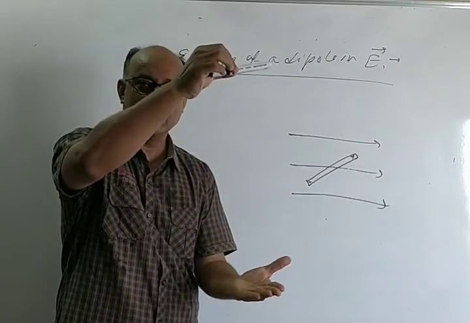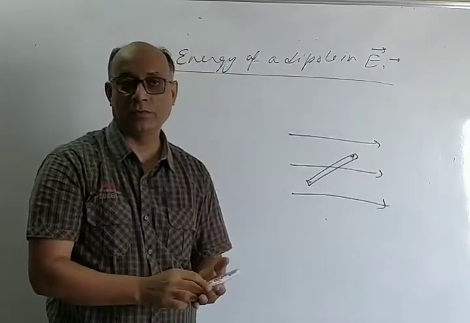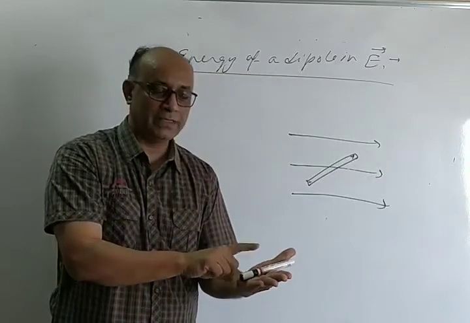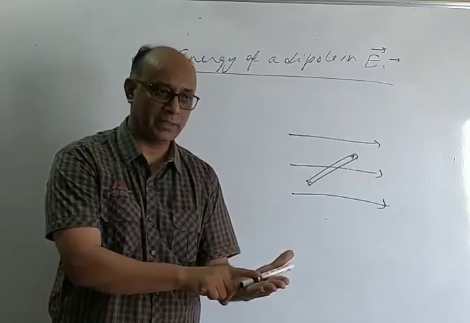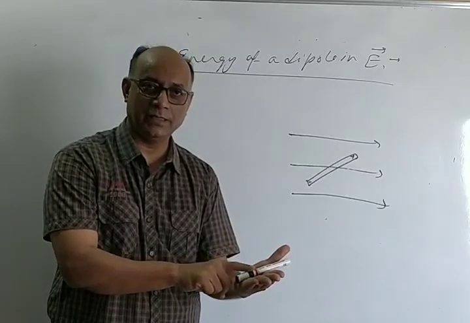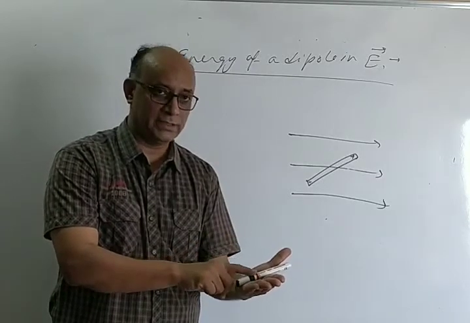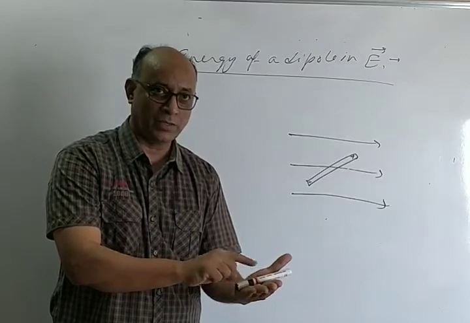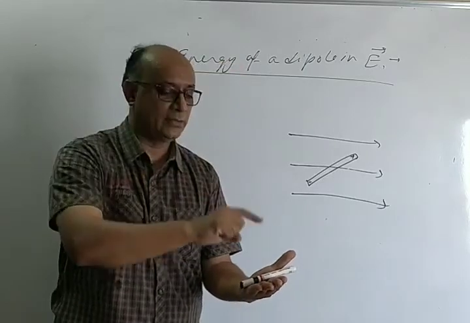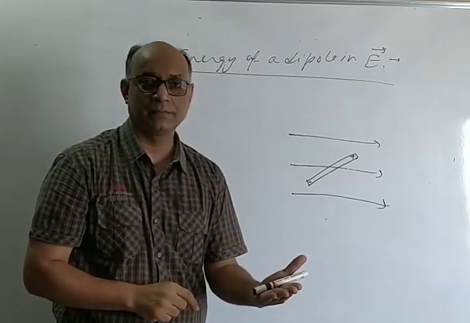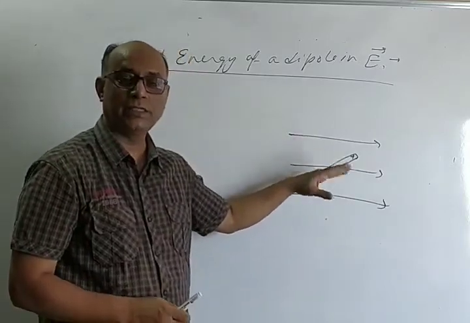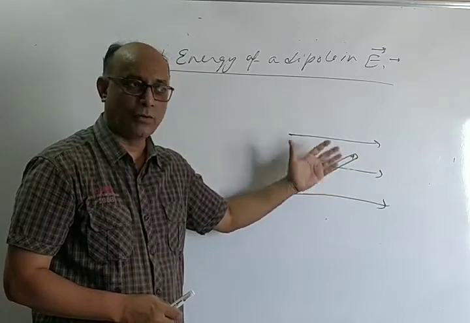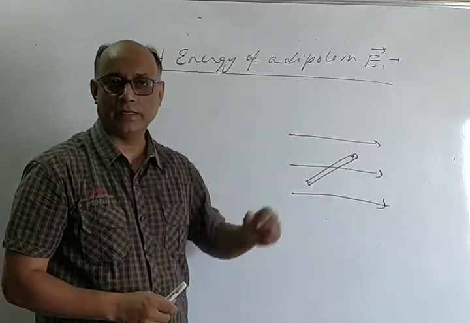So what is the potential energy of this pen? 2 joules? No, it cannot be 2 joules. I did not tell you what is the potential energy of the pen here. Already जब ये यहाँ पे था तो इसकी कुछ potential energy थी या नहीं थी. यदि potential energy थी, suppose x amount and 2 joules extra work is done, then total will be 2 plus x. So already एक डाइपोल को जब टर्न करना है तो उसकी potential energy कितनी है पहले से, और फिर वर्क डन कितना करना पड़ा, दोनों को ऐड करना पड़ेगा.